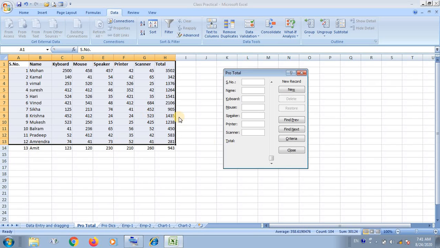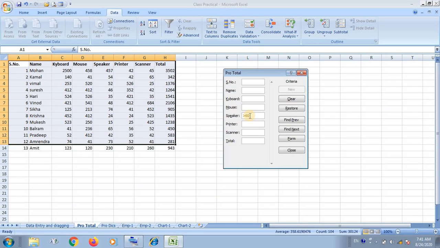If you want to find any record, you have to click on the criteria button, and then you can find. Suppose I want to find the records in which the number of speakers is more than 60.